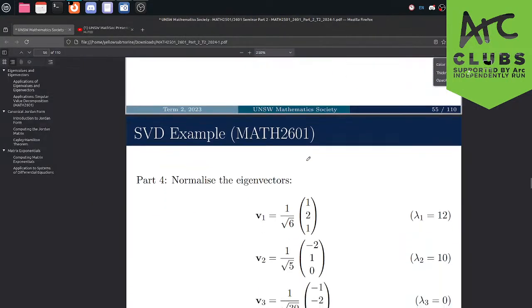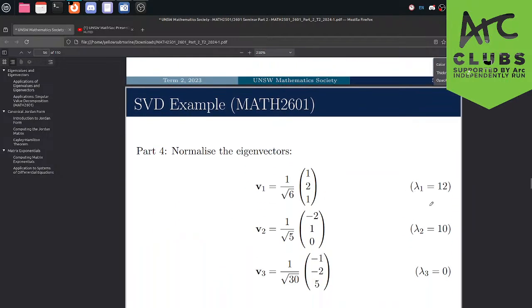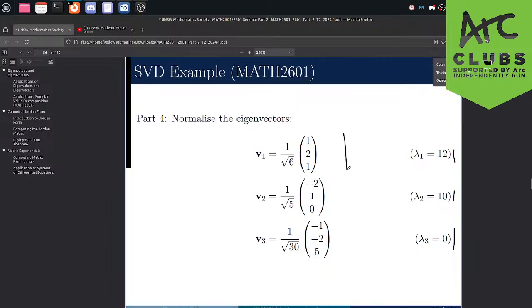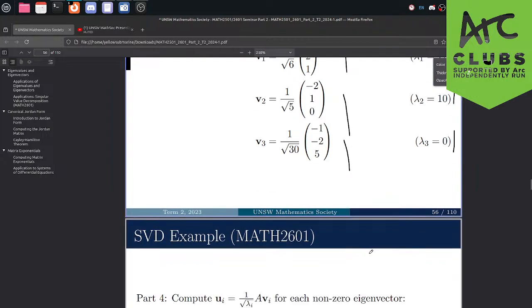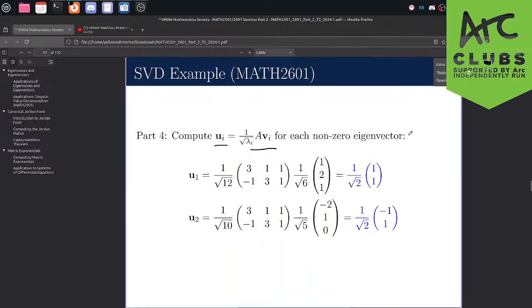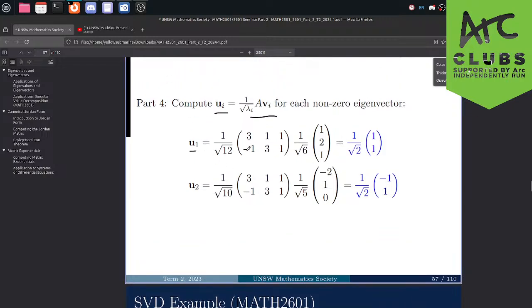All right. So now, remember, make sure to list your eigenvalues in descending order. So 12, 10, 0. Part 4, part D, normalize your eigenvectors. They have to be of unit length, recall, and then you want to calculate your U_i's. So we can now construct our V. We have the singular values to construct our sigma, and now we want to construct U. Okay, so we can construct V adjoint. And now to construct U, we calculate U_i by taking A times V_i, and then dividing by the singular value, which is the square root of the eigenvalue.